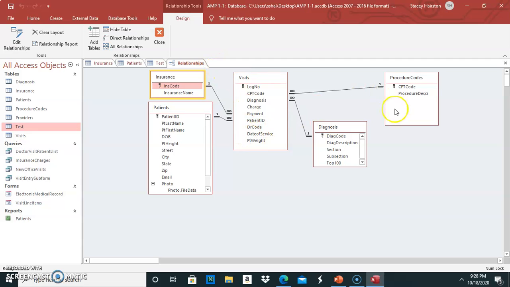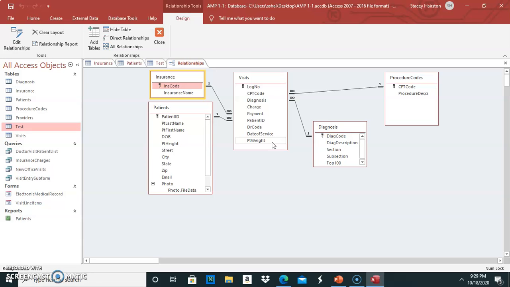Makes sense, right? What about a diagnosis code? Well, we know a diagnosis code is going to be unique. But this relationship is saying one diagnosis code can show up many times within this visits table. Same way for a procedure code. So notice, procedure codes, diagnoses, patients, insurance, all of those are only listed once within each of these tables, but they may show up in duplicates within the visits table because each patient could have duplicates of each of those individual data fields. So you make and show these relationships within your database when you are creating tables